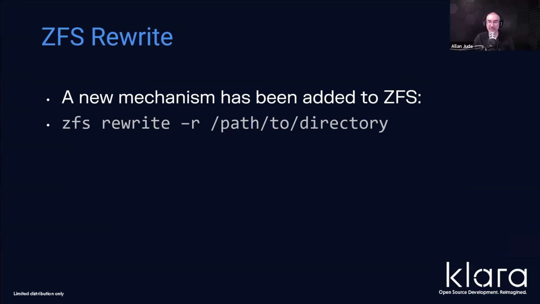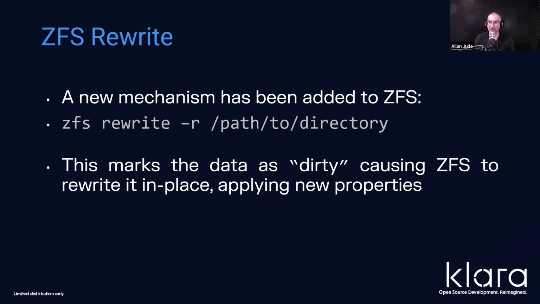And so with ZFS 2.4, we've introduced the zfs rewrite command. This is a new mechanism where you can specify a specific file or, with the -r flag for recursive, a directory, and ZFS will go through there and mark each of those files or the content of them as dirty, which causes ZFS to basically act as if you had overwritten the file with a copy of itself. So it will rewrite all the data with the new settings. If you've changed the compression, it will recompress it with the different compressor and write that new copy. Or if you've used RAID-Z expansion, you can now take advantage of the wider stripe size and get more